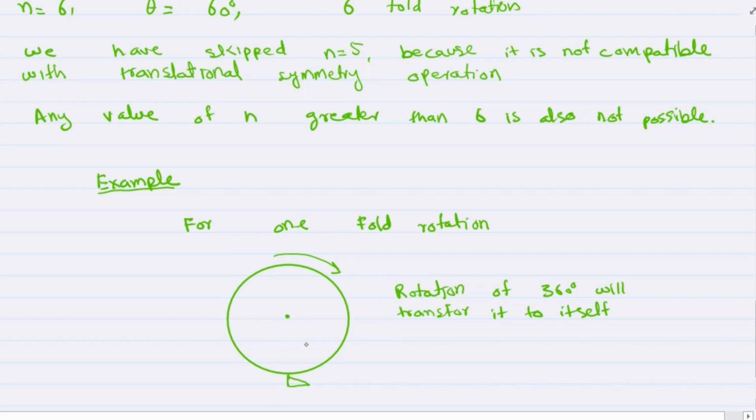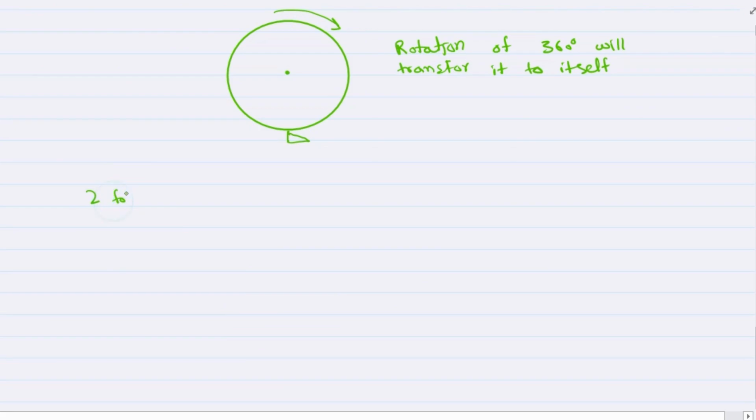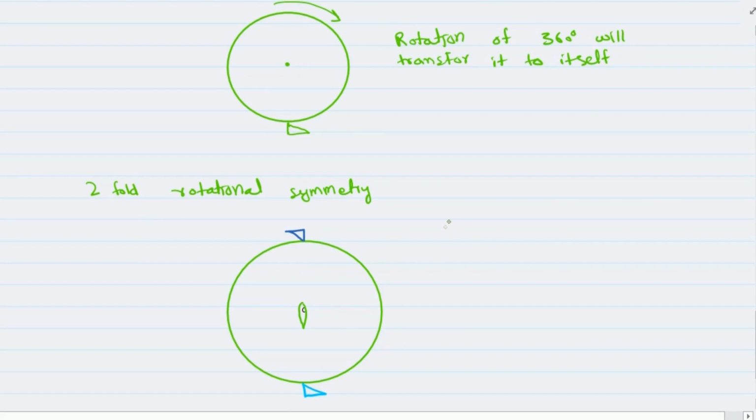Now we will move to two-fold rotational symmetry. Now look at this specific shape. It has two right angle triangles now and a specific shape at the center. The small right angle triangle is at the top and at the bottom. Just ignore the colors and only focus on shape. The different colors are only to distinguish the rotated one and the original circle. How much rotation should I give to this circle so that it looks symmetric even after the rotation?